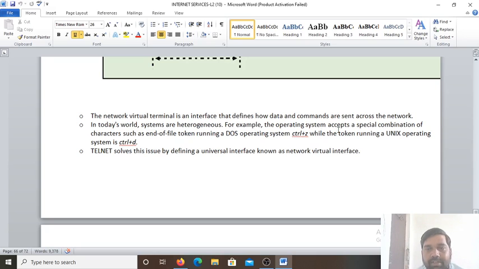For example, the operating system accepts a special combination of characters such as end of file token: running DOS it is control plus Z, while running a Unix operating system it is control plus T. Telnet solves this issue by defining a universal interface known as the network virtual terminal, which has the same specific meaning. So there will be no confusion in the commands.